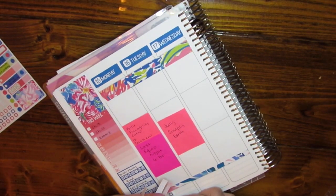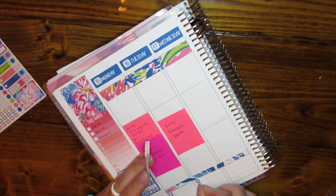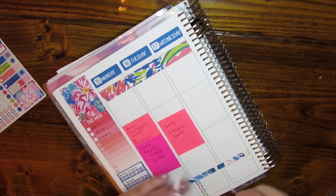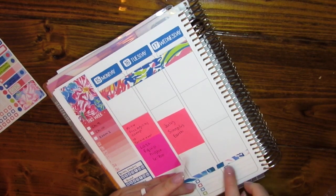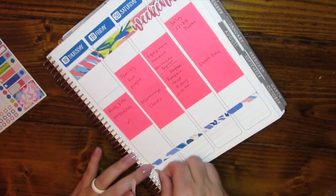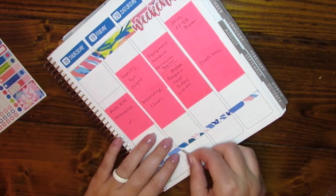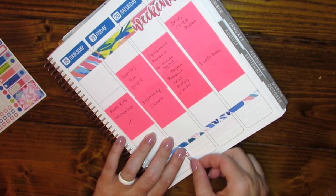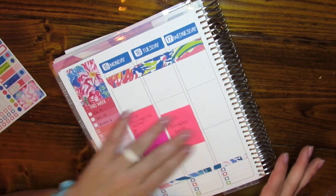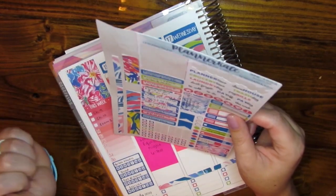So I want to make sure that I get all my checklists in here. I like using these for my school stuff. If you've seen any of my previous videos, it used to be up closer to the top because I tend to do most of my school stuff during the day. But I like having it down here where it's kind of doing its own thing. That way I have all the room up here to make those plans. I was noticing my first week, I was having to cut off things that I was doing one right after the other because my checklists were all in the same place, and that kind of drove me nuts. So first things first,